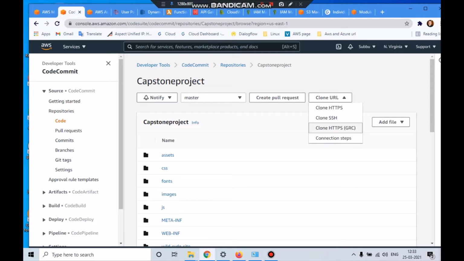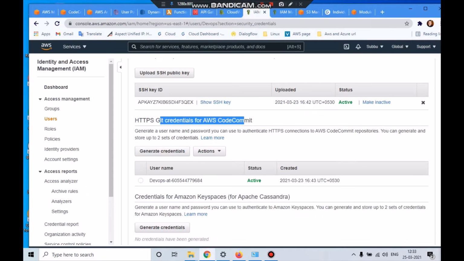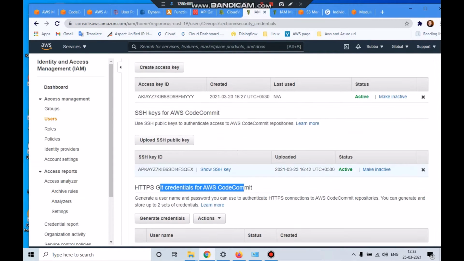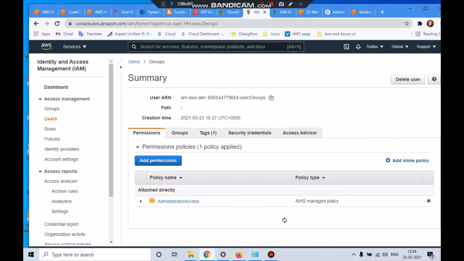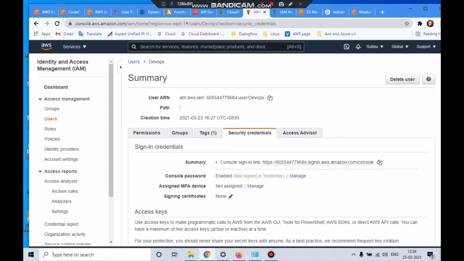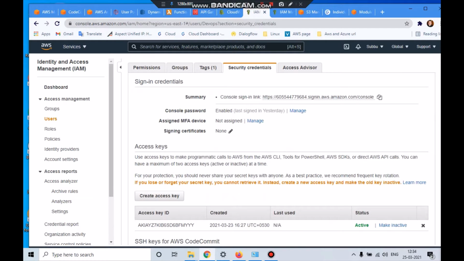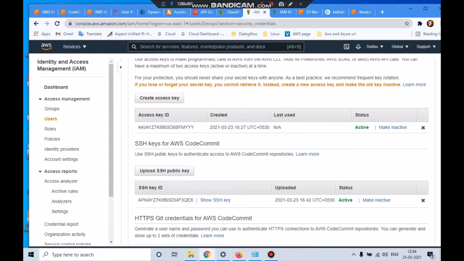If you clone from HTTP, you can't clone with your profile, so for that you have to create a user profile. I created a user profile like DevOps. In the user profile, you can see the console information, so you have to log in with these console credentials.